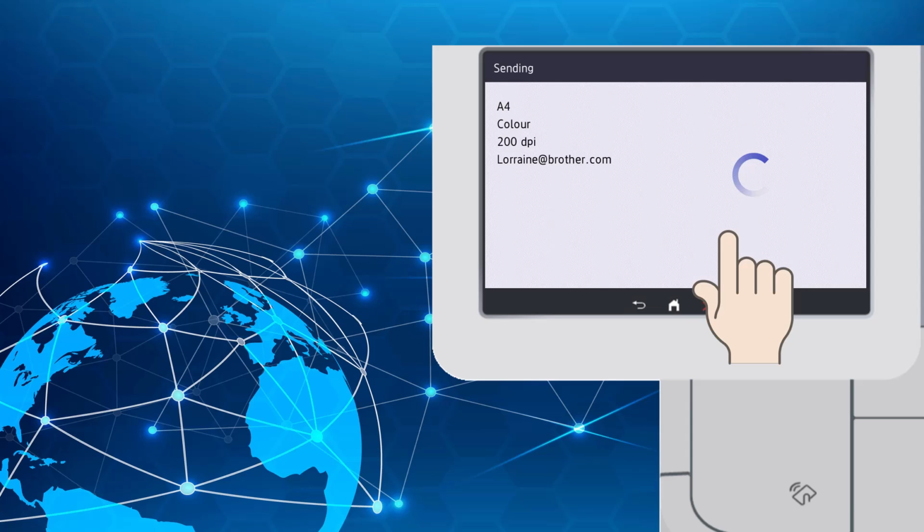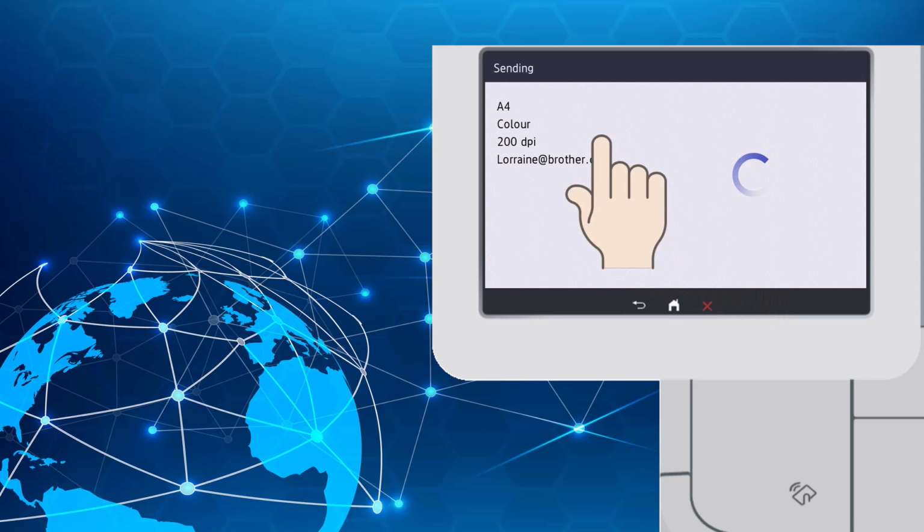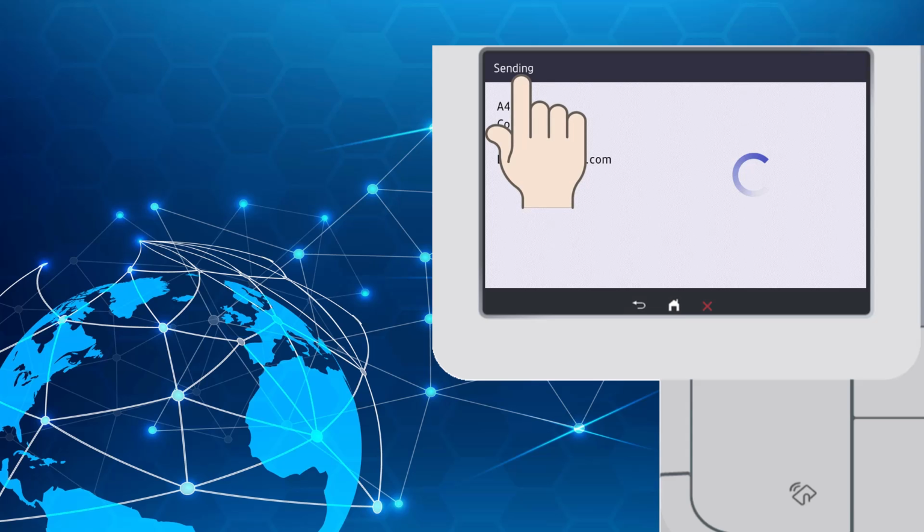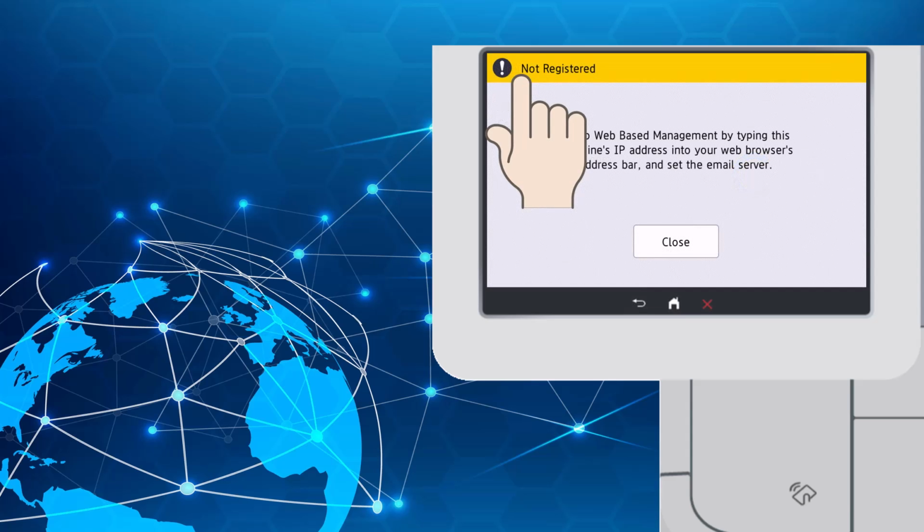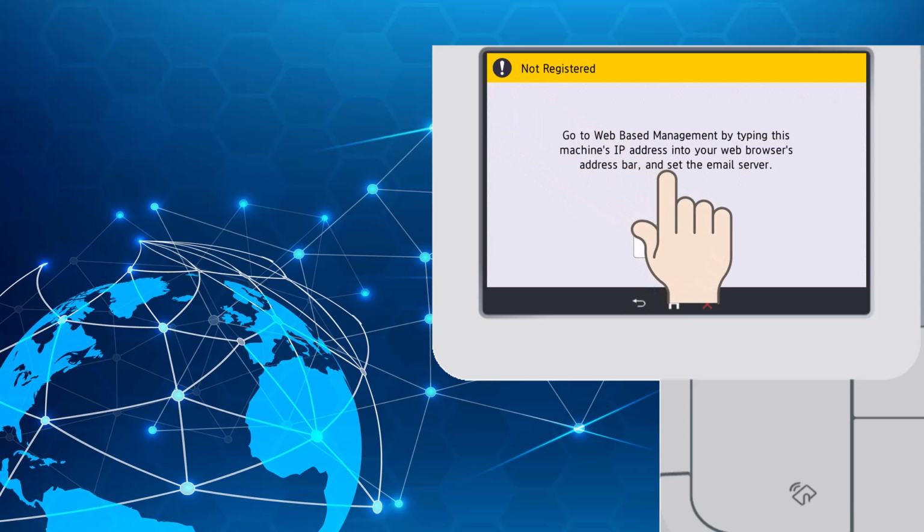The progress has now changed to sending. If the user receives this message on the screen, the message states what the problem is and how to fix it.